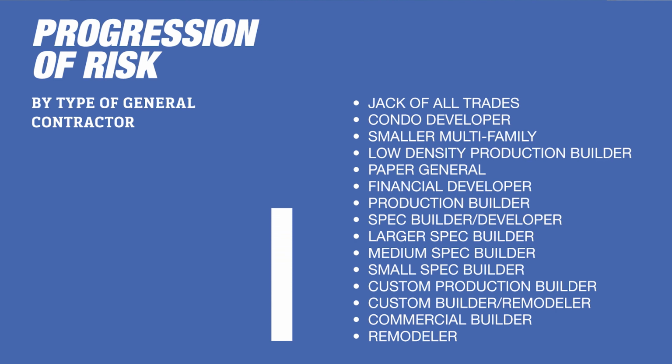Thanks, John. In this segment, I thought we could talk about different types of contractors. I remember you showing me a sheet, a very specific document you created on a progression of risk. Yes, and I think there are like 20 to 30 different types of contractors. Could you help give our audience an idea of what's a low risk business model, maybe a medium, and then super high, at least in our region?